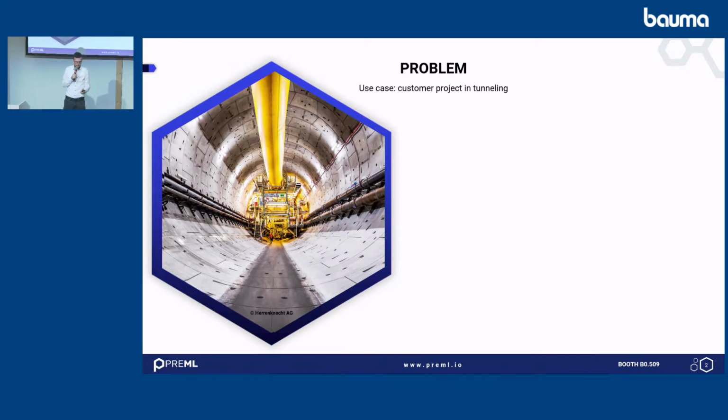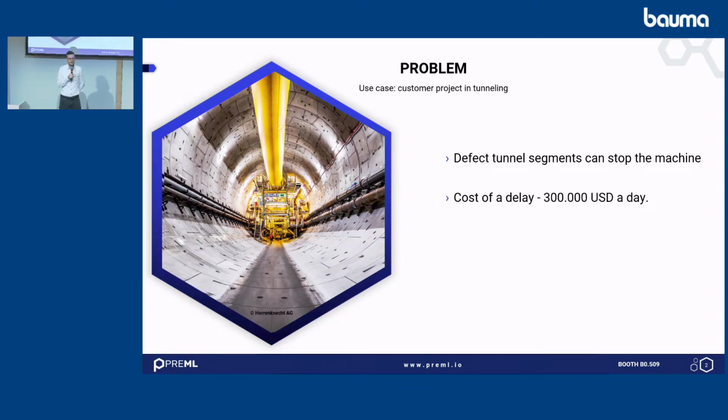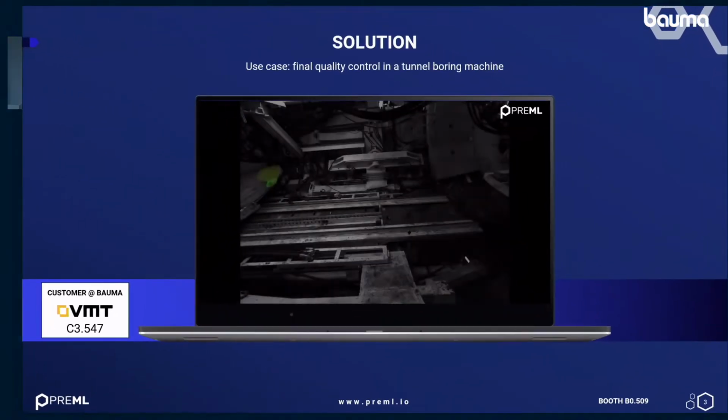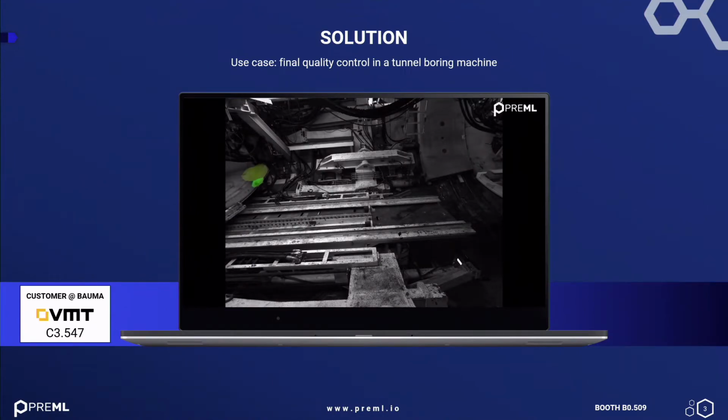They have the following issue in modern traffic tunneling. If a defect tunnel segment arrives, it's a problem because it could lead to a stop of the machine. And as soon as the machine stops, it can cost up to $300,000 every day as long as it stands still. Our customer, which is actually also here at bauma,